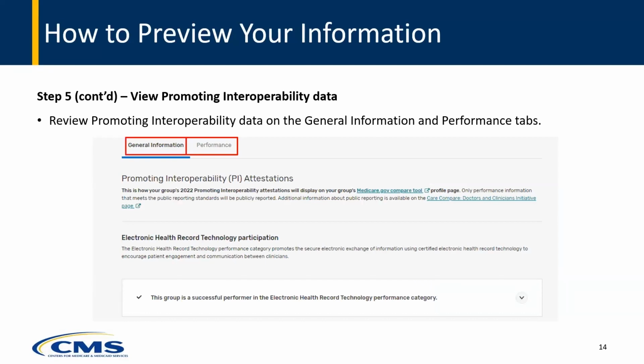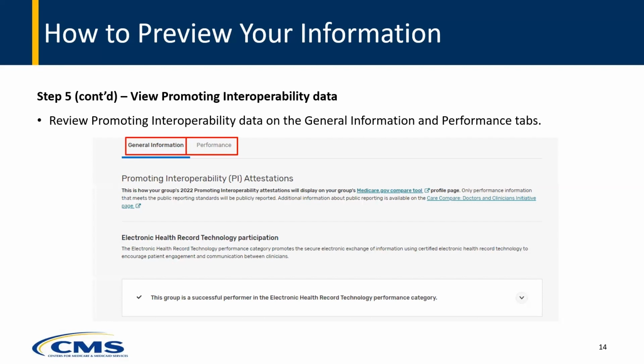The Promoting Interoperability page may have one or two tabs depending on which information is available for you to preview: General Information and Performance. On the General Information tab, clinicians and groups may see an indicator that they were a successful performer in the Electronic Health Record Technology Performance category, as well as other Promoting Interoperability attestations.